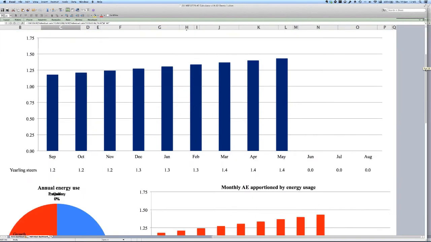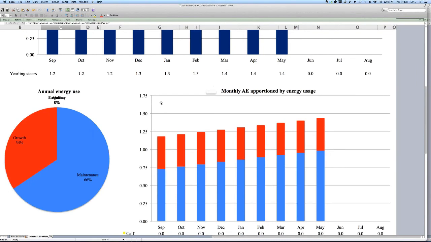Coming down to some other charts similar to before. 2/3 of the energy for that group of cattle for the time they were there was used for maintenance, 1/3 for growth, and here it is just expressed month by month. Energy requirement increases as live weight increases, mainly as a result of increase in energy required for maintenance for the heavier cattle, and on top of that we have our requirement for growth each month. Questions on that